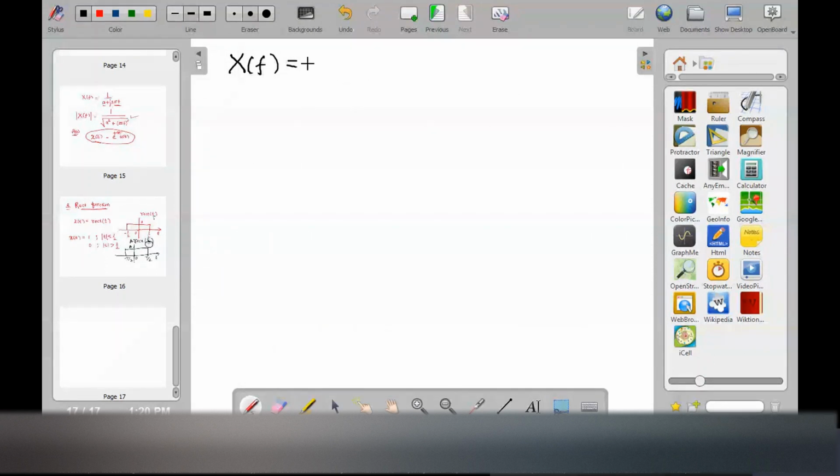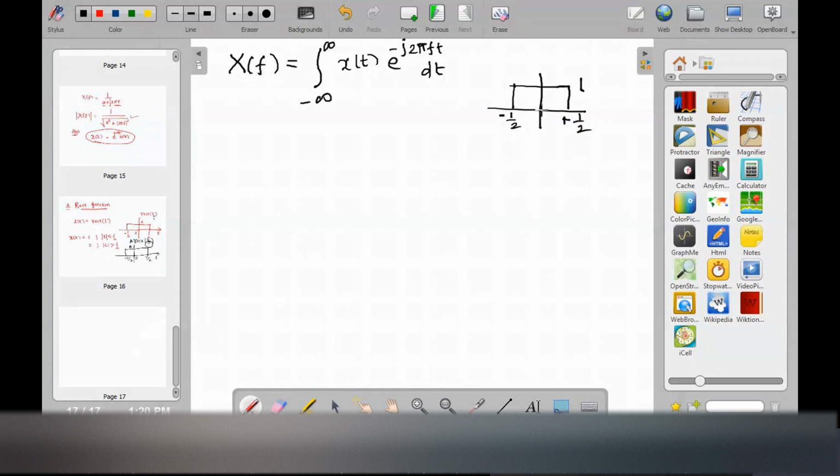Can I calculate Fourier transform of the signal? X of f equals integration from minus infinity to plus infinity x of t into e to the power of minus j2 pi ft with respect to t. I know that x of t is a rectangular function. Its value is 1 from minus 1 by 2 to plus 1 by 2. So instead of minus infinity to plus infinity, I will write the limits minus 1 by 2